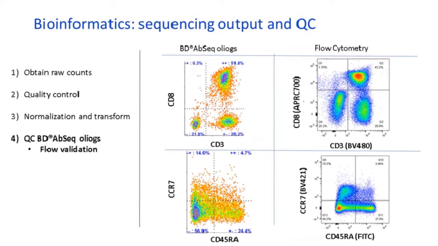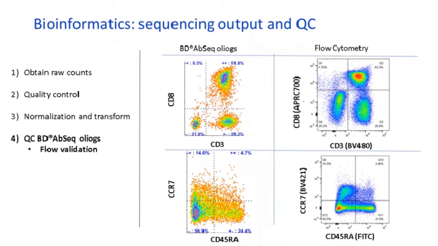So you can see that the distribution in flow cytometry is very similar to the one that we obtained in AbSeq. So again, suggesting that this technology is going in the right direction, and despite our incredibly high throughput and the barcoding system, which can be prone to errors due to the sequencing technology we are using, the results are actually pretty consistent with flow cytometry. You can see the same thing on the bottom